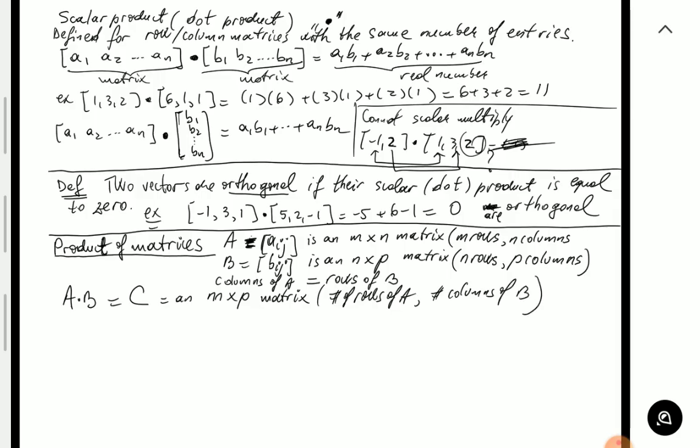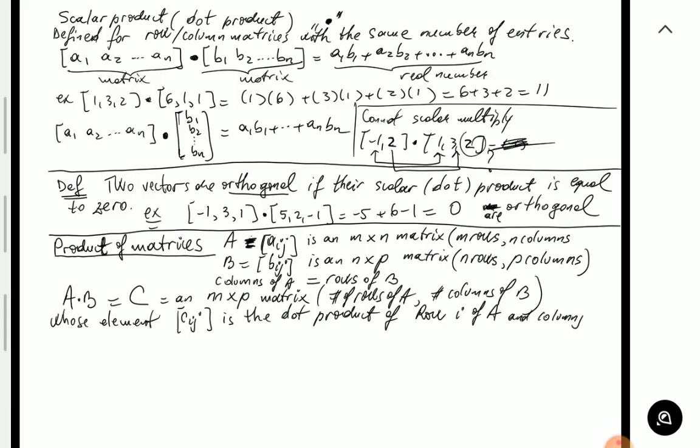So it's going to be an M by P matrix, and it's going to be defined in the following way. Whose element little Cij is the dot product of row I of big A and column J of B. As always, examples or an illustrated picture, a rough sketch if you want, is much better to